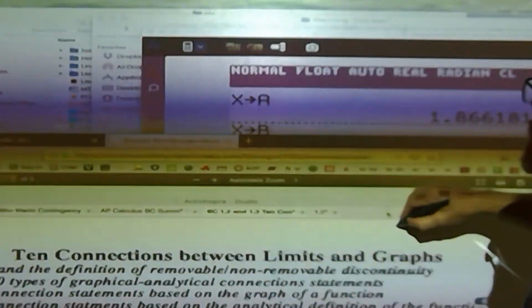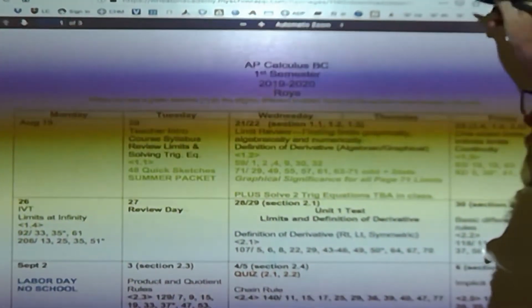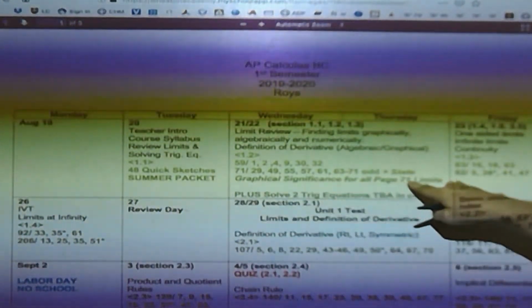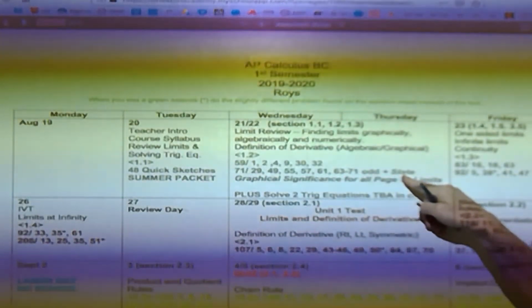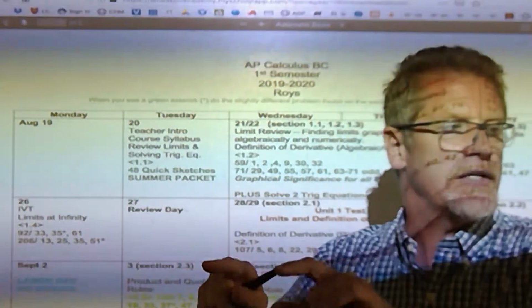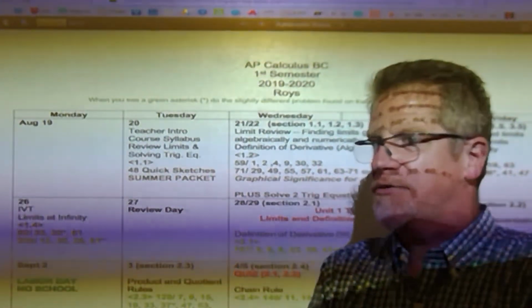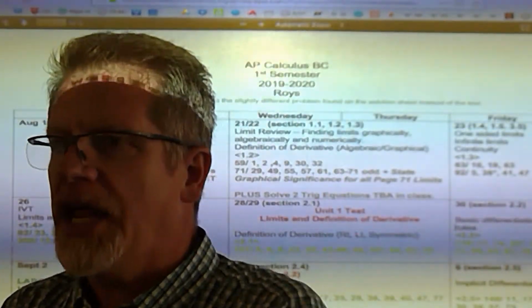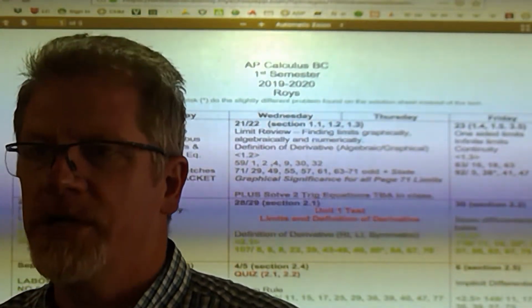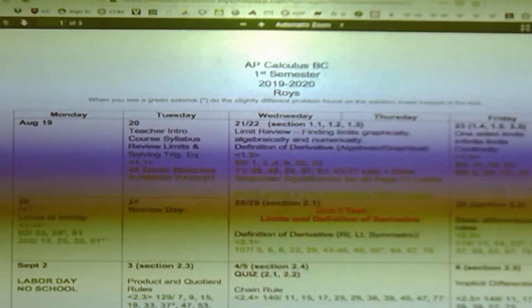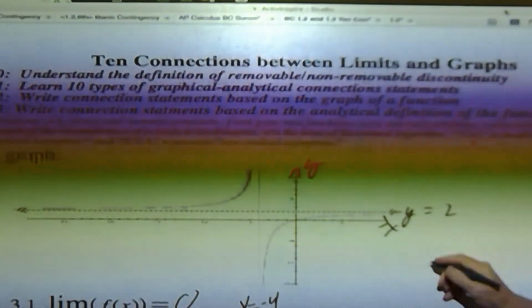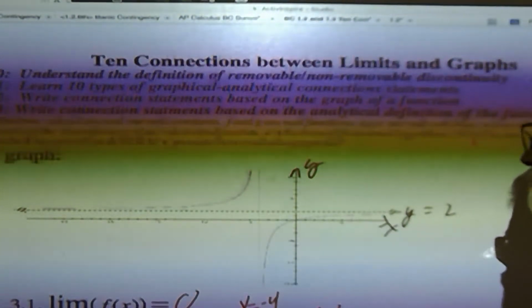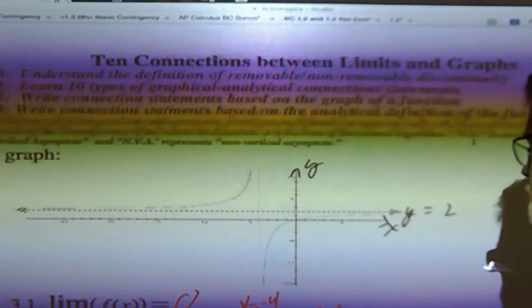And you might have noticed that on your homework, you are required to state the graphical significance for every limit that you do on page 71. So every time you do a problem on page 71, after your answer, write a graphical significance statement, right? The limit is blank and the graph blank, just like we're doing here in class. So it's required on homework, so back to this, we got the limit is 0, and there's nothing fancy going on, it's just a point on the graph, it's continuous. And the graph is continuous